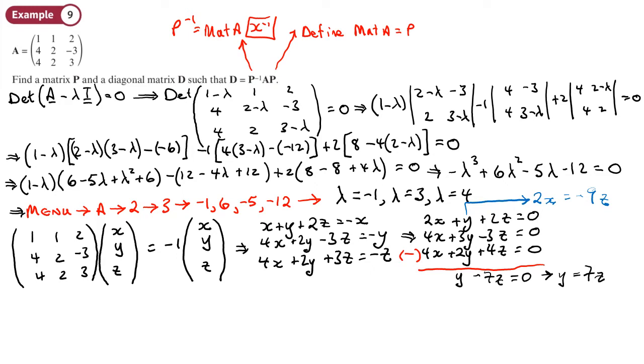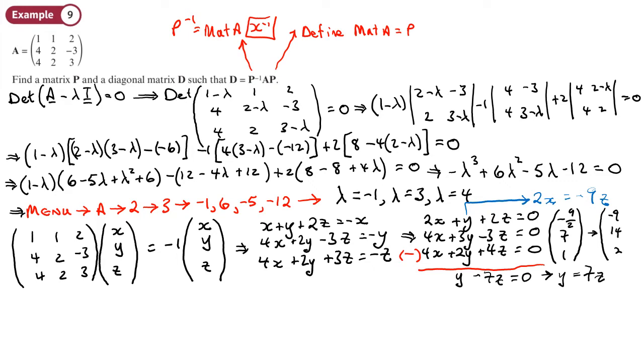So if I then made z equal to 1, I would have y equal to 7, and dividing both sides of this by 2, that would mean that x would equal negative 9 over 2. So there's my first eigenvector. Now let's just multiply it by 2 so that we're dealing with whole numbers. So I'll have negative 9,